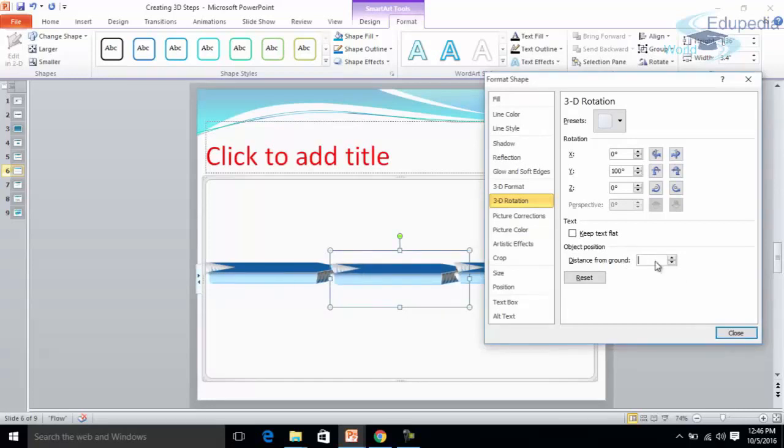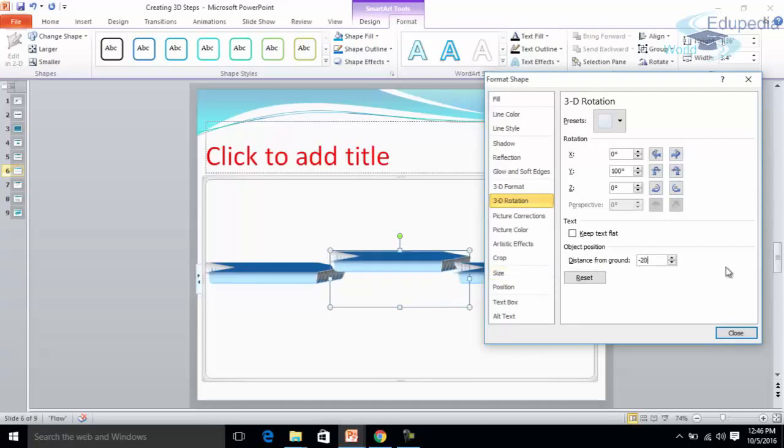Okay, I need to give the negative points, I think -10, and it will go to the upper direction. This is because of this projection we have given. It's more than 90 degrees, so that's why it's like that, we have rotated this object. So that's why I need to give the projection as -10 here, distance from the ground.